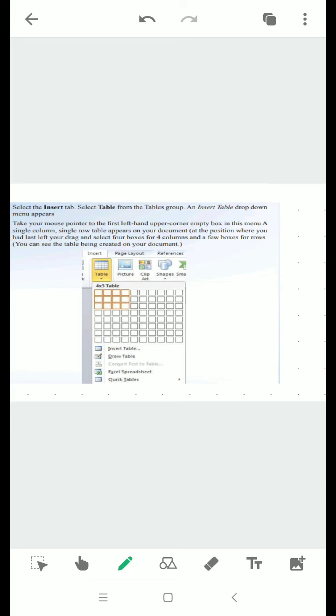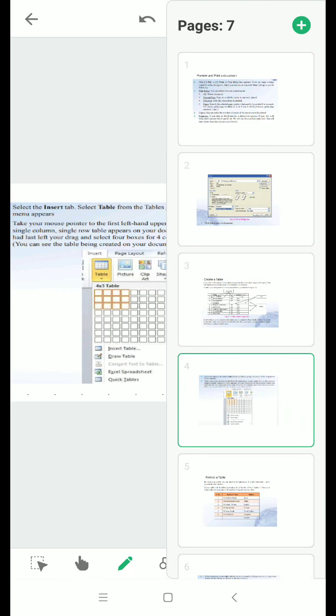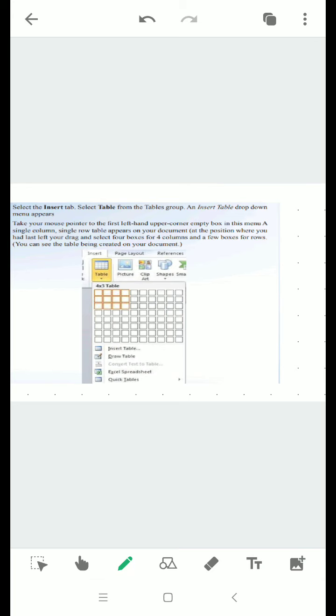Next is the insert table option. When you click on the Insert Table option, we can specify the number of rows and columns in the dialog box. If I want to create an 8x4 table, it means 8 columns and 4 rows. I can mention there the number of rows as 4 and the number of columns as 8 and click on OK. So the table with the defined settings will be inserted. That is using the insert table option.